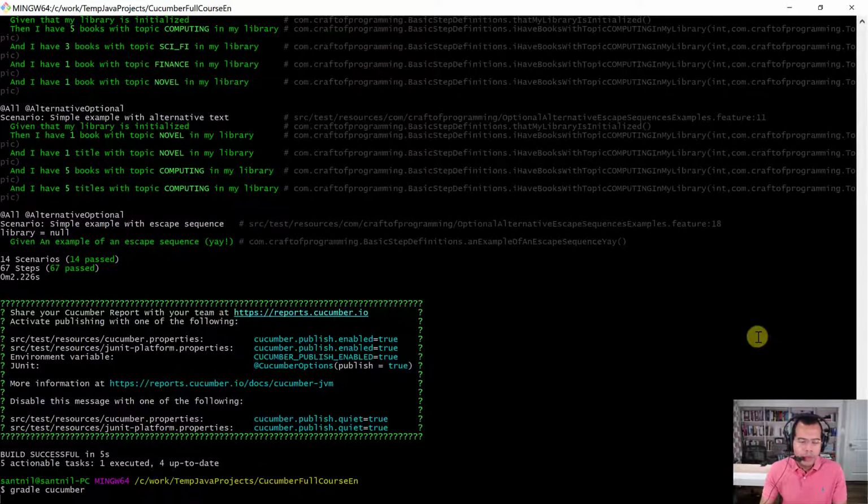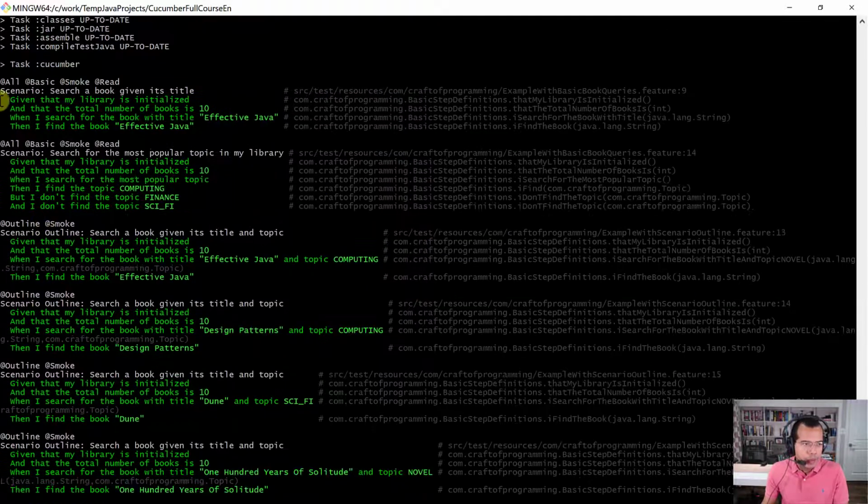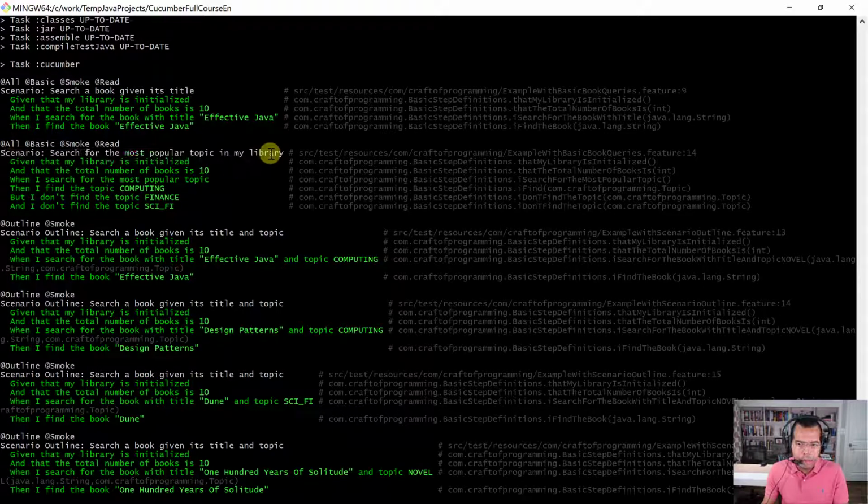So again, always running the same Gradle task. So notice that in this case, it only ran search a book with title and search for the most popular topic in my library. Okay, so see here that these are the 2 scenarios within the example with basic book queries.feature,